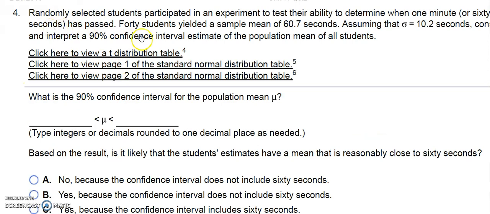Problem number 4. So in this one, we're given 40 students. So that's the sample size. So you can tell the degrees of freedom would be 1 less, 39. And we can easily find the critical t-value. The sample mean is given, and the sample standard deviation is given, and the confidence interval is 90%. So here, to find this confidence interval for the population mean,